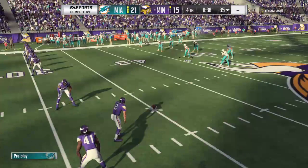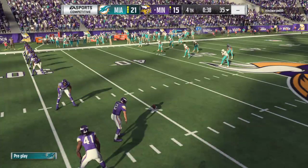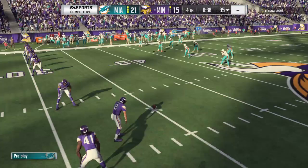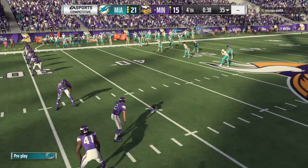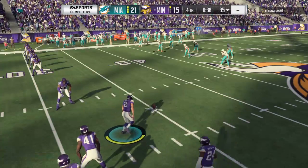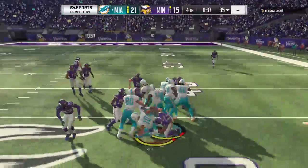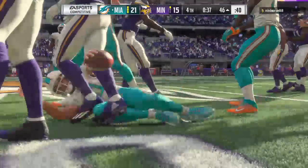So with just under 40 seconds to go, you figure this is going to need to bounce their way if they have any shot. And the Dolphins are indeed going to get this, and that should all but do it. Well, fourth quarter, they